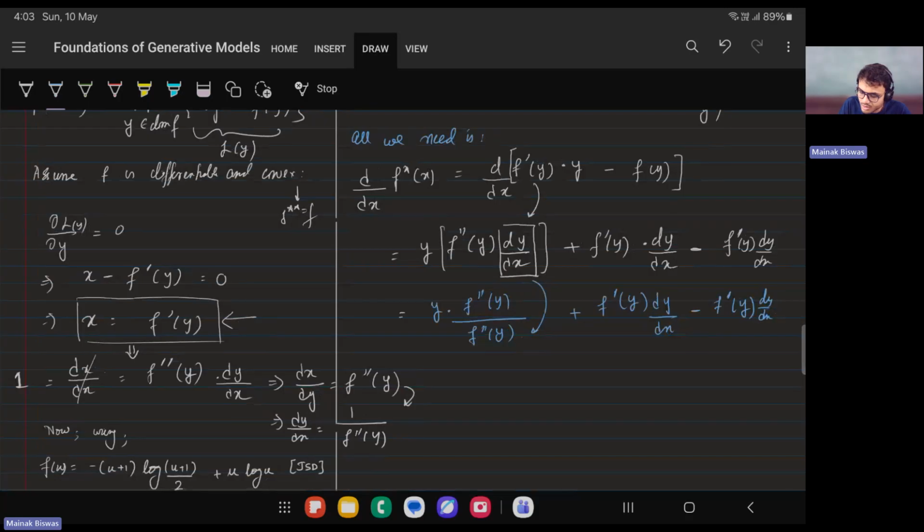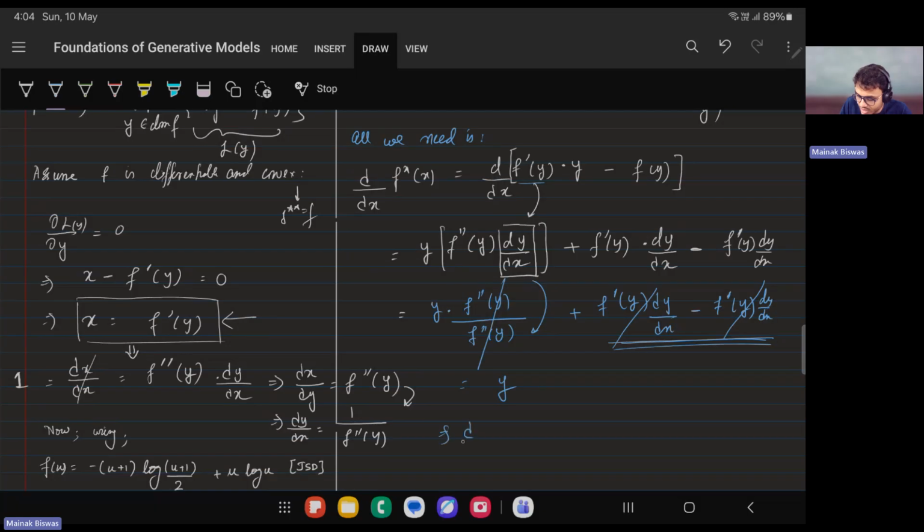This term, yeah. So this becomes equal to, I can cancel these two, and this is y. And what is this? This term as well goes to 0. This and this will cancel, and this will go to 0, so that you have this equal to y,